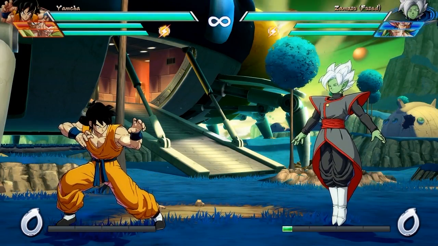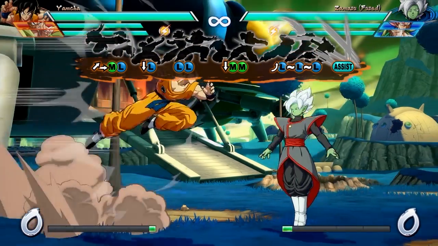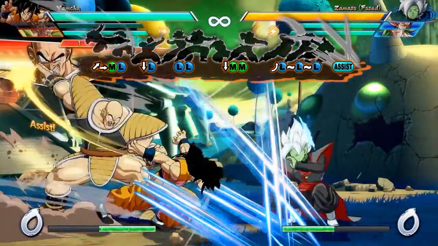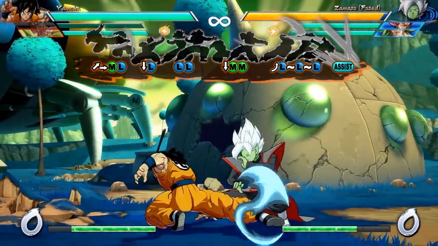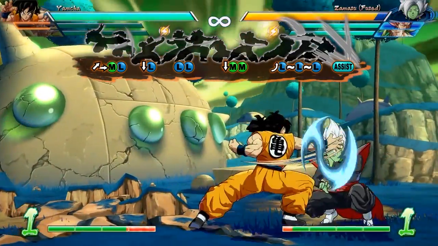If Yamcha is more than assist to you, you're gonna need a way to pressure your opponent, and that's where your block string comes in. His block string is pretty easy because the natural gap in his stand and medium is perfect to begin refreshing your assist. Delay in the second and third sequences of your Wolf Fang Fist will still completely jail your opponent,